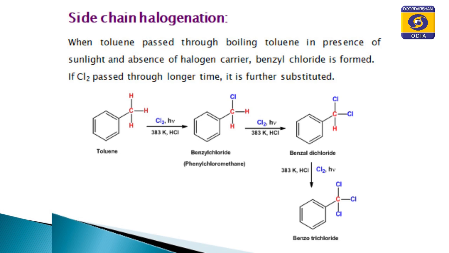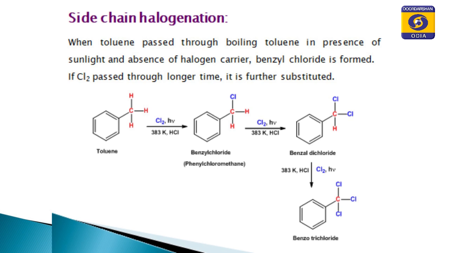The first product is benzyl chloride, but if the chlorine is present in excess amount, then the second hydrogen of the side chain is replaced, producing benzyl dichloride, and finally, the third hydrogen is replaced and we obtain benzotrichloride. So, this is the method of preparation by side chain halogenation, but the question arises,